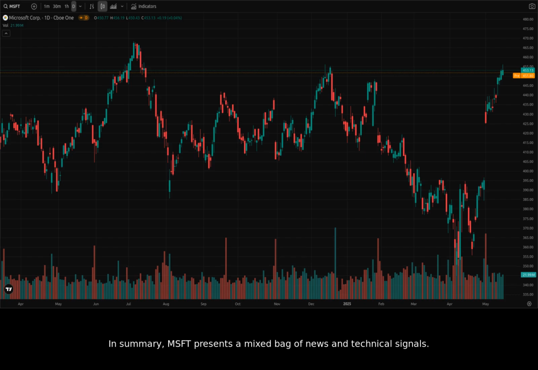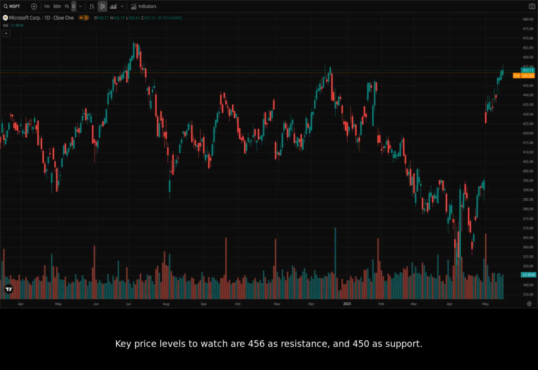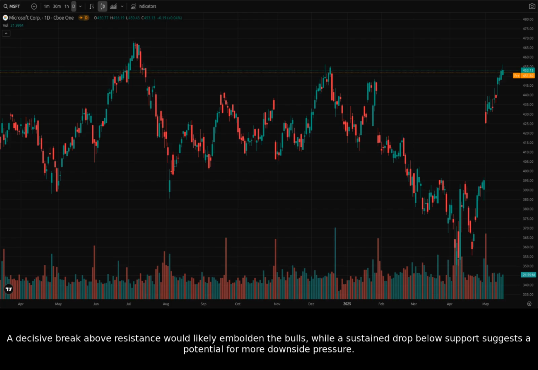In summary, Microsoft presents a mixed bag of news and technical signals. Citigroup's price target suggests a potential long-term upside, but the market may be more bearish in the short term. Key price levels to watch are 456 as resistance and 450 as support. A decisive break above resistance would likely embolden the bulls, while a sustained drop below support suggests a potential for